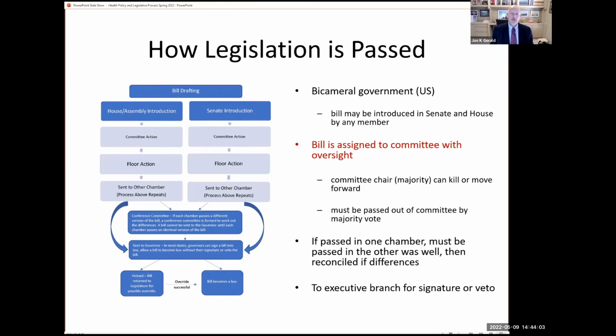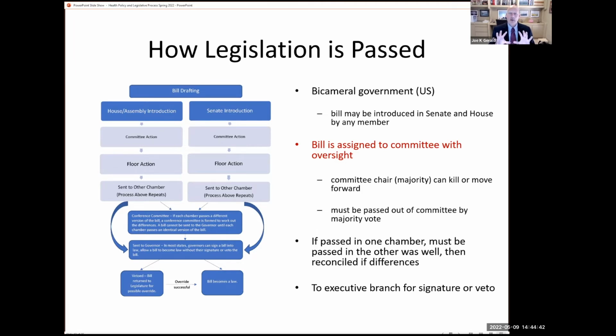And so the way that it works, whether you're a House member or you're a senator, any individual senator can write a piece of legislation and have it introduced. Okay. Once it's introduced, then depending on what that legislation is designed to do, it's going to get assigned to committee. And this is where everything happens in the United States. It's in committee. All the important decisions are made in a committee. We're going to talk about committees in just a little bit, but individual senators and individual legislators don't have that much power.